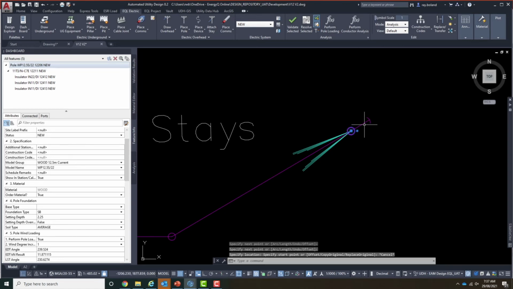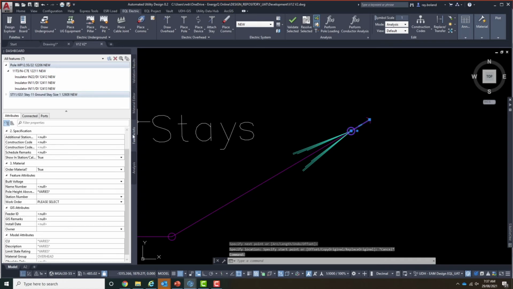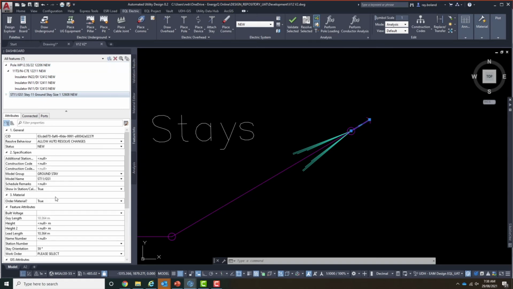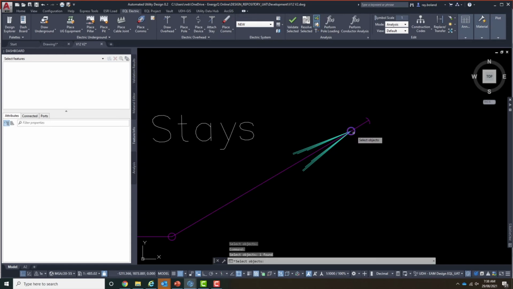And I can check my stay to make sure that the stay height is correct. So I'm adjusting my stay height. I'll put the stay height at a value of 10 meters and my lead length, which is from the pole to the anchor point at its base, which is our preferred 45-degree angle. And once I've done that, I can do my pole loading again on the pole and stay by selecting the